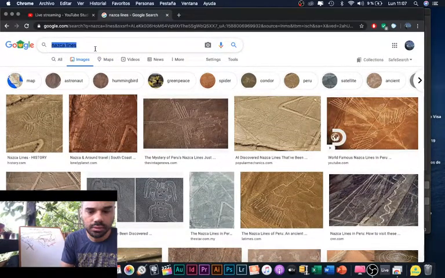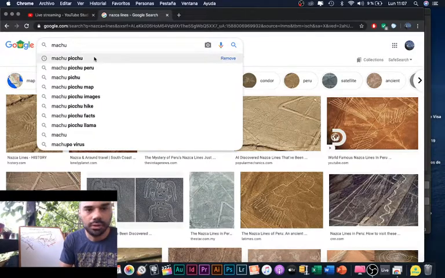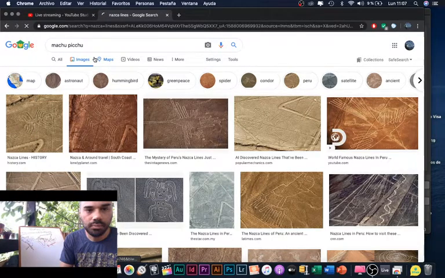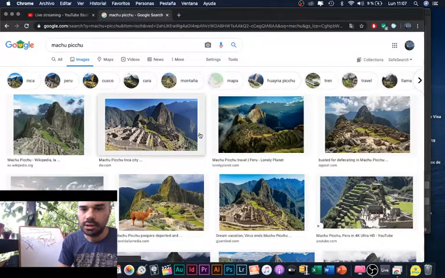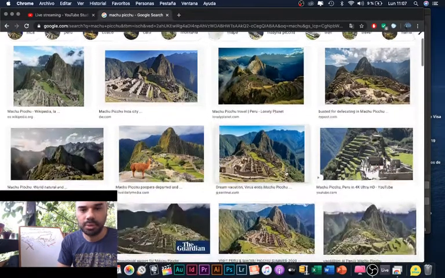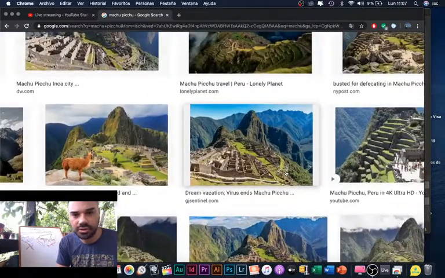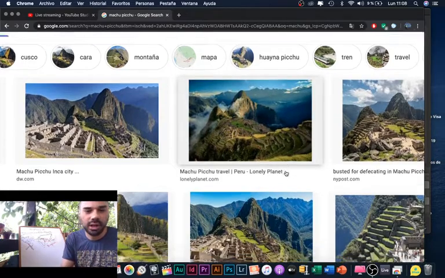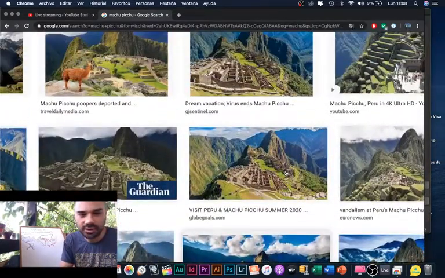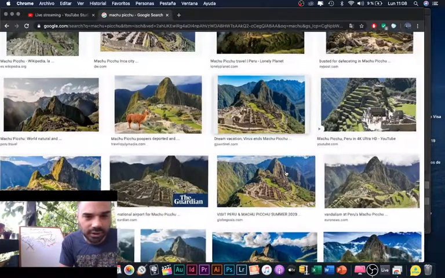Machu Picchu. So Machu Picchu is pretty cool. I totally recommend it. It's a pretty nice adventure. Also, if you don't have the money, you can save a lot by going by foot along the trailways. So it's pretty interesting. And Peru is full of ruins.